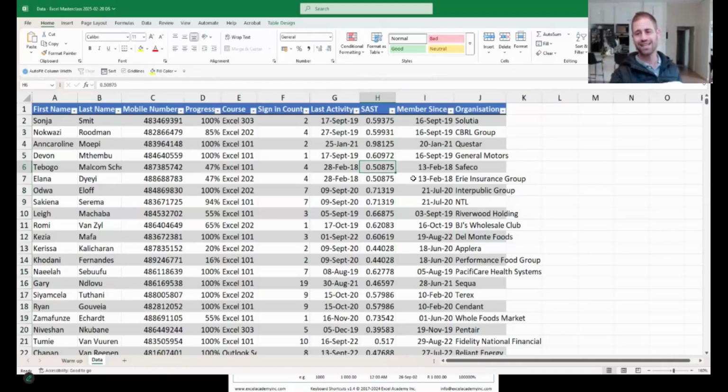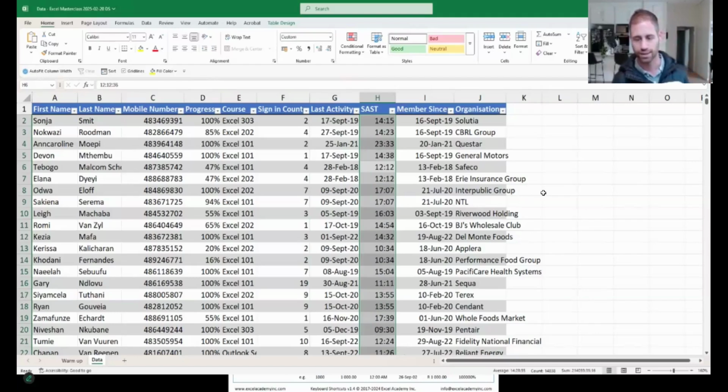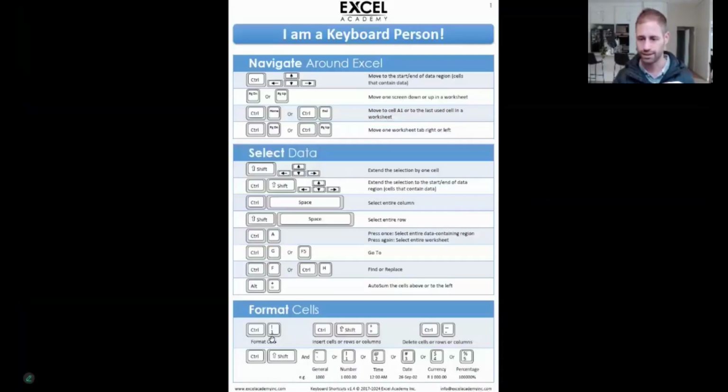Last is a time value. It's a decimal between 0 and 1, and it indicates the portion of a day. So midday, in other words 12 o'clock noon, would be exactly 0.5, halfway through the day. And 6 p.m. would be 0.75. So you've got all these different decimals over here, and we can format them as time using Control Shift 2. Okay, so there's a whole lot of number formatting shortcuts, which, as I said, are on your cheat